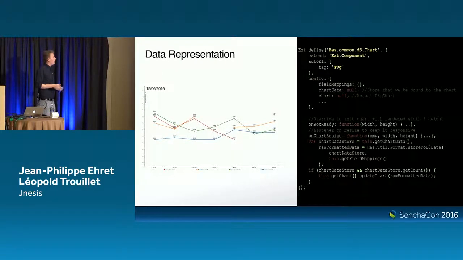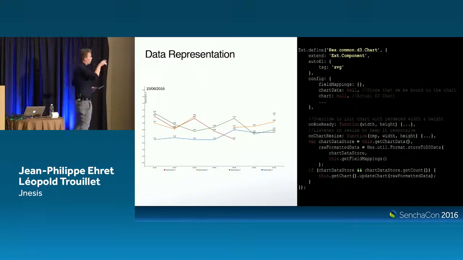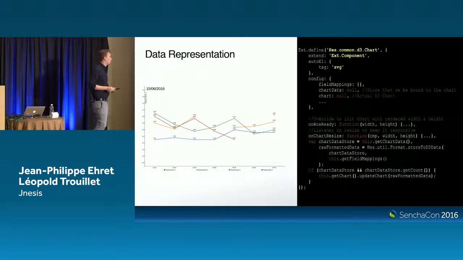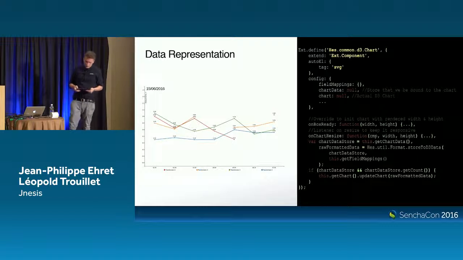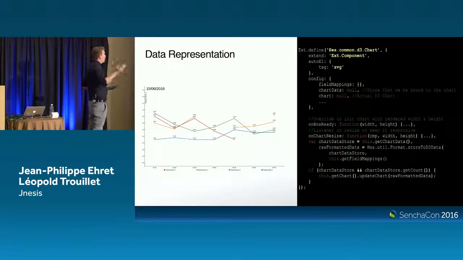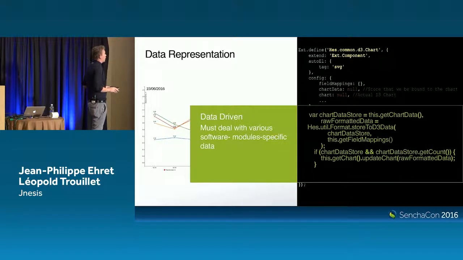So what does it look like? In the previous slides, I showed you some pieces of UI that showed some charts. Here's a new one. It's a multiple line chart based on D3.js as well. So basically, what we've done is that we created a base D3.js chart class in Ext JS. As you can see right here, Ext define common d3.chart. It has several configs,